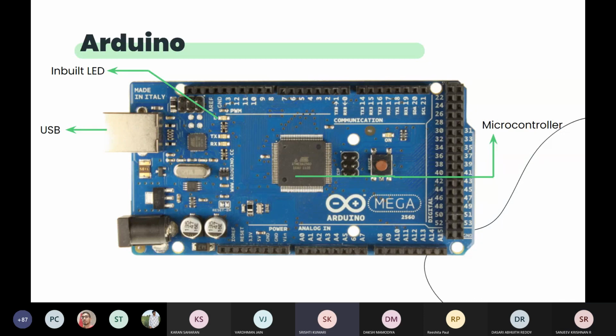Sir, so these plugs are used to give power to the Arduino or from the Arduino? This black color barrel socket is to give power into the Arduino. Arduino needs 5 volts. So that voltage is given either through this socket or through this V in pin. V in for voltage input. And we can give through this USB also. This pin is used to connect your laptop with your Arduino board.